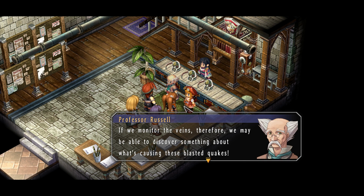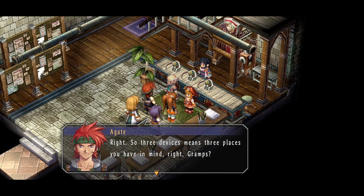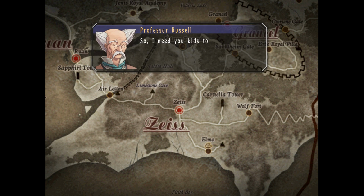So basically these are seismographs. These are fantasy seismographs. So this is going to be our next main story task for the chapter. Setting up these in 3 locations. And our locations are...